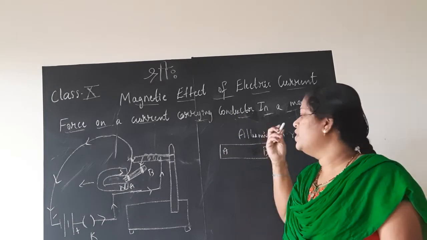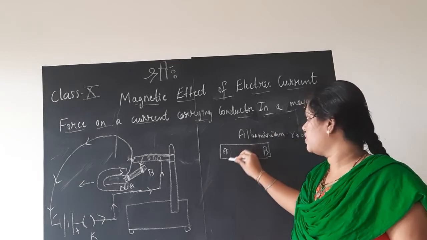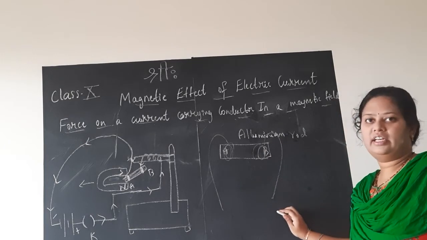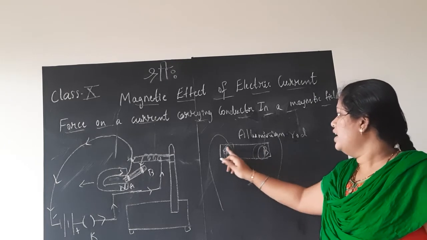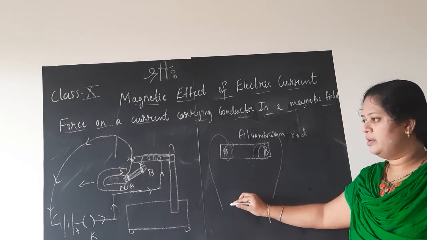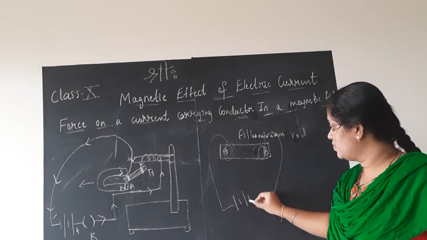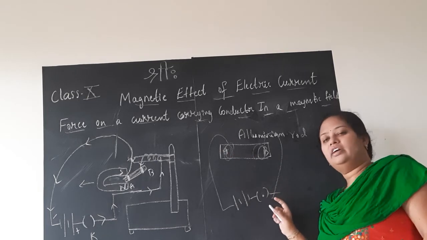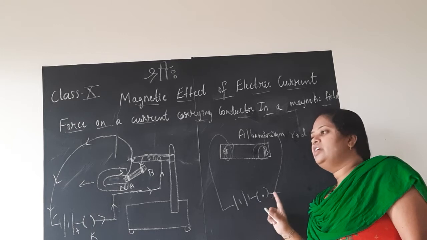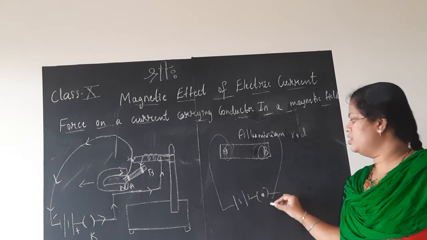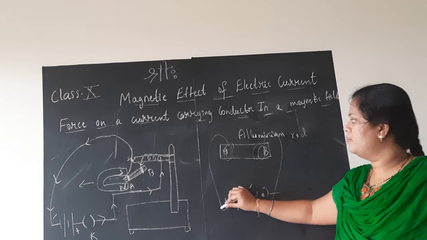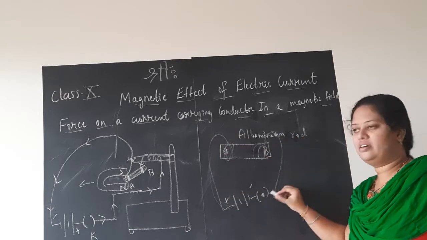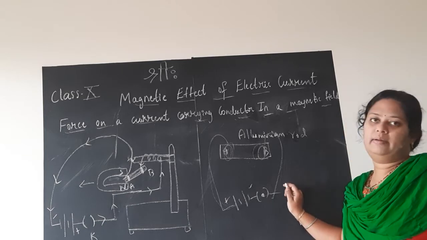For that, what should you do? Take the connecting wire, wind it at two ends, and keep the other two ends free like this. Okay? Now when I connect these other two ends of the connecting wire to the switch and the battery, and I switch on the circuit, the current starts flowing from the positive of the battery. It will flow through the conductor, again to the negative of the battery, like this. The process will carry on.